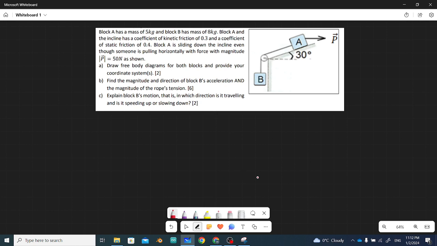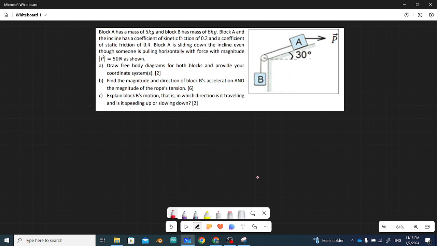Hello everyone. Today we're going to be solving a dynamics problem. So let's read it. Block A has a mass of 5 kilograms and block B has a mass of 8 kilograms. Block A and the incline has a coefficient of kinetic friction of 0.3 and a coefficient of static friction of 0.4. Block A is sliding down the incline even though someone is pulling horizontally with a force with magnitude